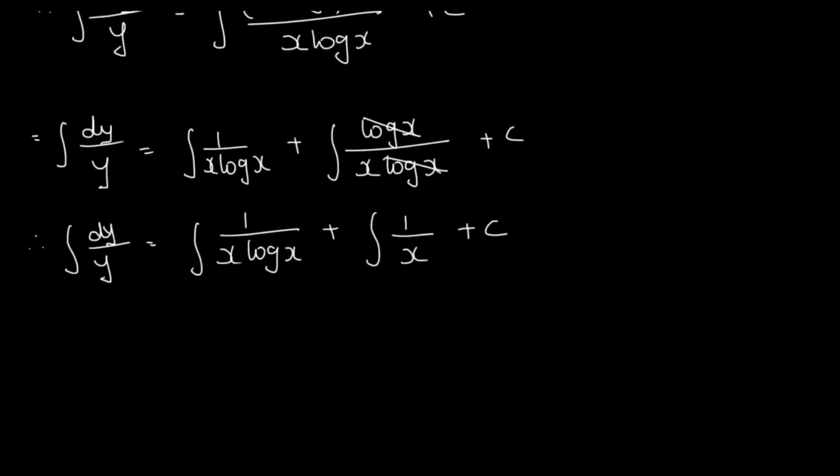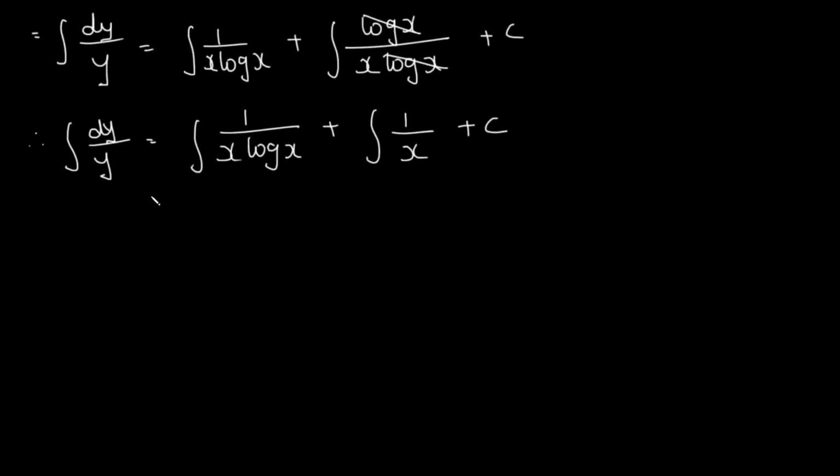Now having written it this way, let us try to solve both the integrals. You know that 1 upon y log y is going to come as log y. The answer for this is log y. Similarly, we should have written dx in both the places. The answer for this term, 1 upon x dx, is log x, obviously. So these two terms are as good as solved. What about the middle term, this term 1 upon x log x?